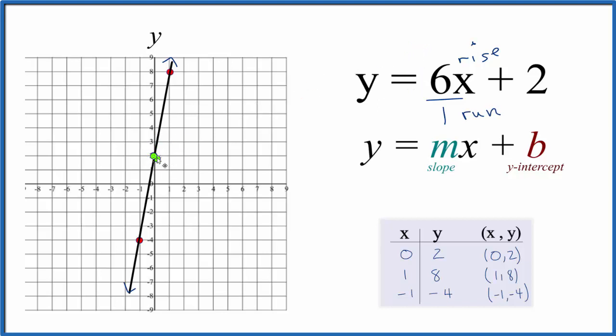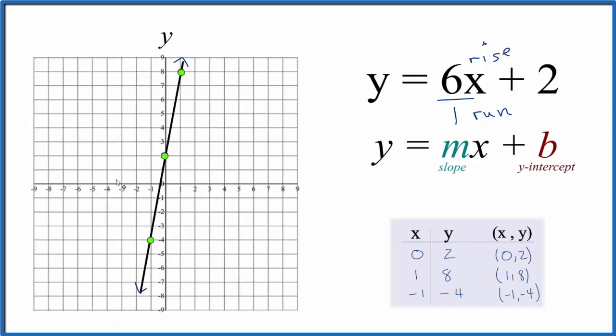Go to the y-intercept, up 6, 1, 2, 3, 4, 5, 6, over 1. We could also go up 6 here and over 1, but we're off our graph paper. So let's go in the opposite direction. Go down 6, 1, 2, 3, 4, 5, 6, and then over 1 to the left, the opposite direction. And that's our third point. Again, we could keep going down 6 and over 1, but we're out of graph paper. So this is the graph for